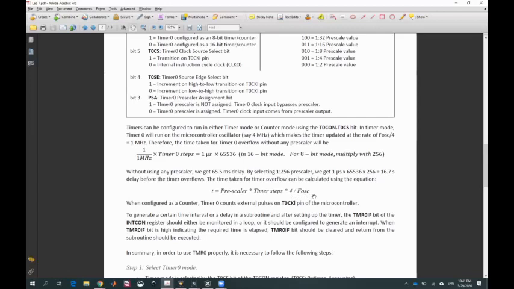So we can use a timer instead of a delay subroutine to add a delay or to keep track of time in a microcontroller. So suppose you want to generate an interrupt after every 60 milliseconds. So 65535 or 65536 is 65.5 milliseconds. So suppose you want to generate an interrupt after exactly 60 milliseconds, so in that case